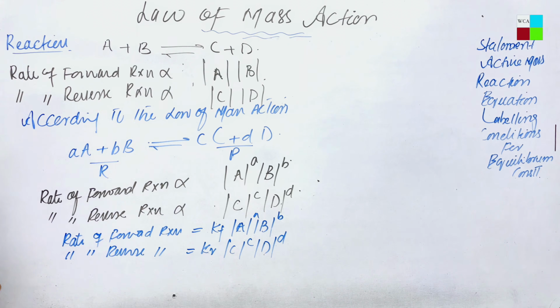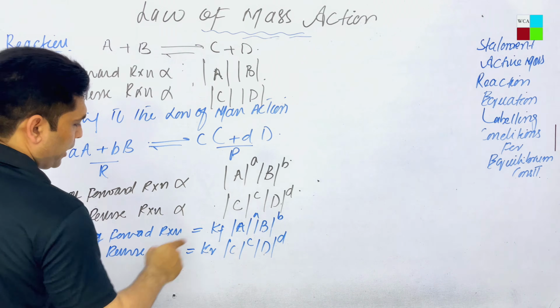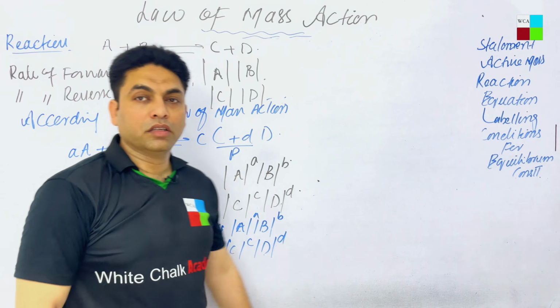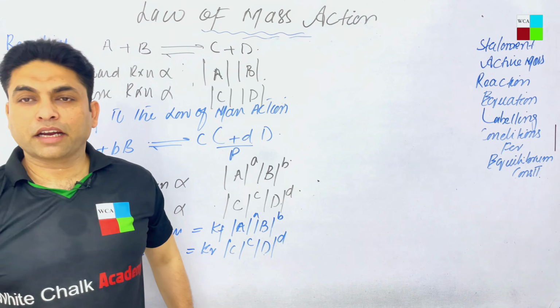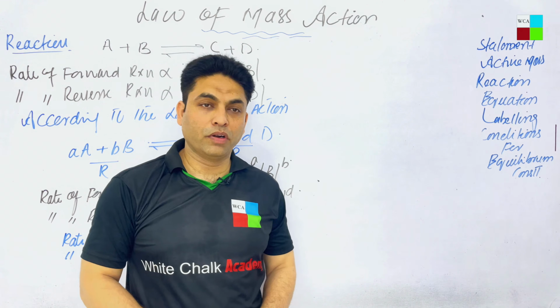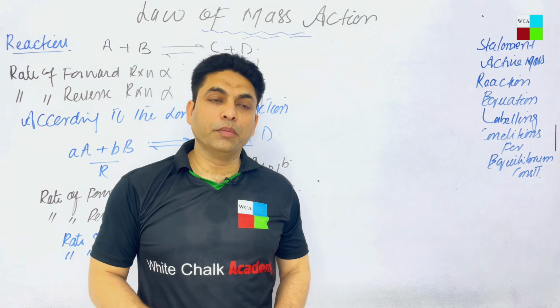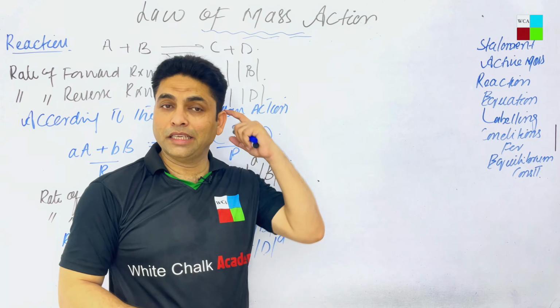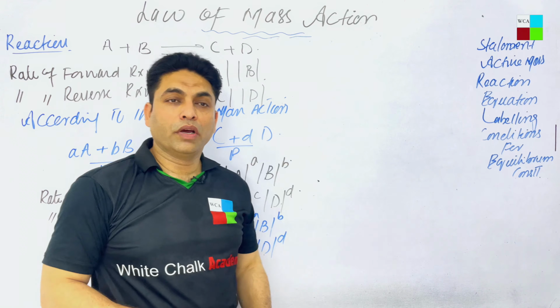Now we have removed this proportionality sign with these two constants. The first one is for the rate of forward reaction and the second one is for the rate of the backward reaction. Now at equilibrium, Kf and Kr will give us Kc, but before going there we are writing that